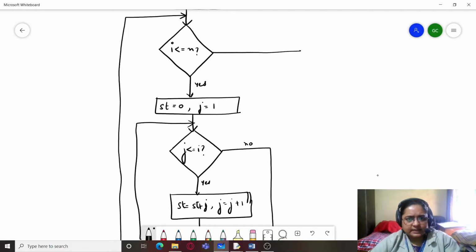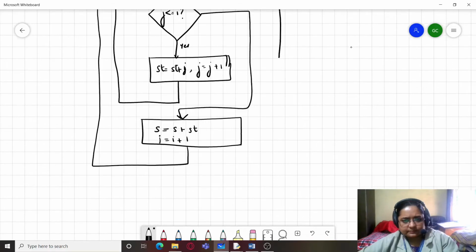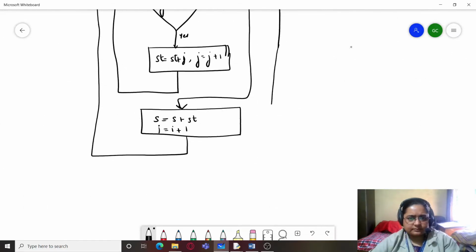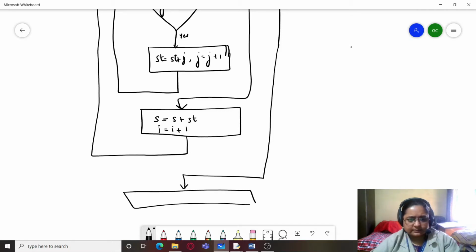And if this condition is false, that means we will be exiting. We will first be displaying the sum of the series, that is S, and finally stop.